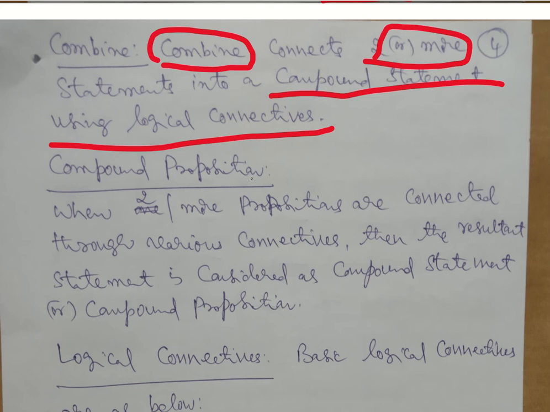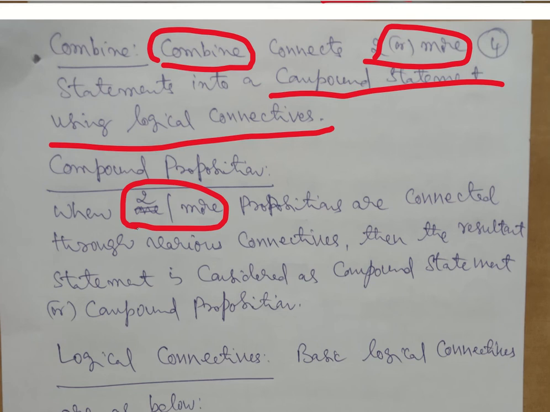So how do we define a compound proposition now? When two or more propositions are connected through various connectives, then the resultant statement is considered a compound statement. Be careful here. You can write one or more also. I have just written two or more. If any of you have confusion,